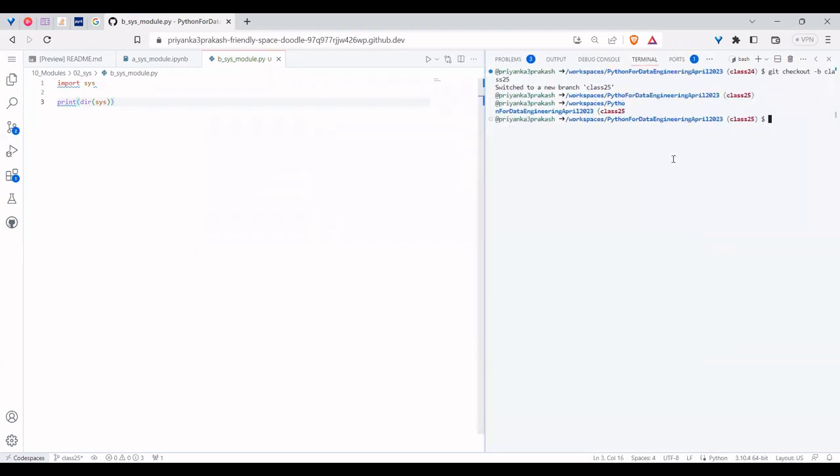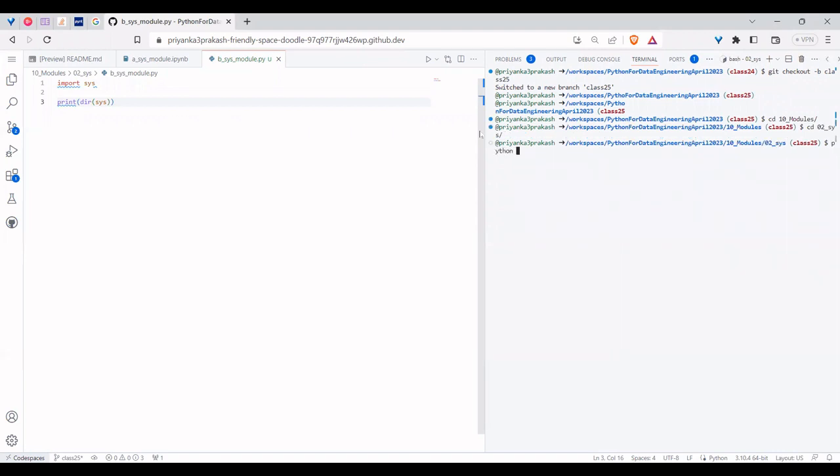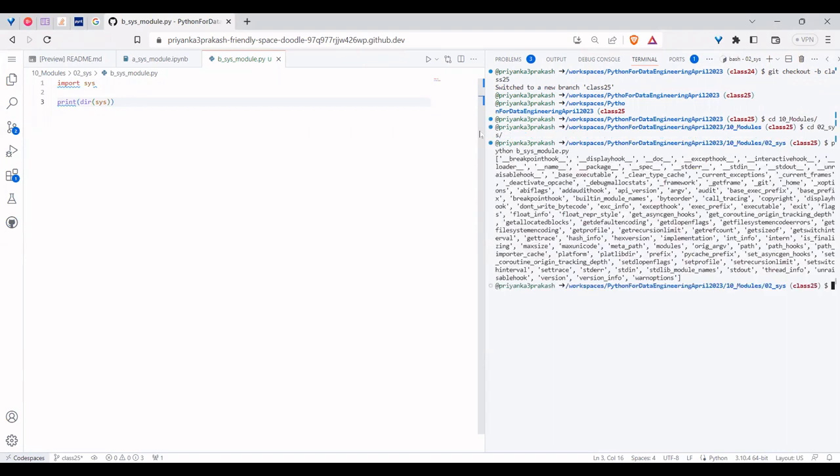How do you execute a file? Either go to the directory and execute or be there. So if I navigate to the directory, cd so-and-so, and say Python so-and-so, if you see the dir, it has these many attributes, but not all attributes work in all the environments. Certain things will be slightly different, but if I can segregate them based upon their usage, so we can see